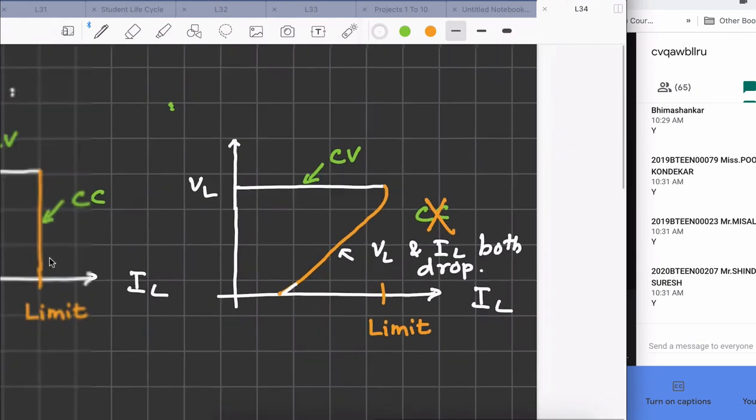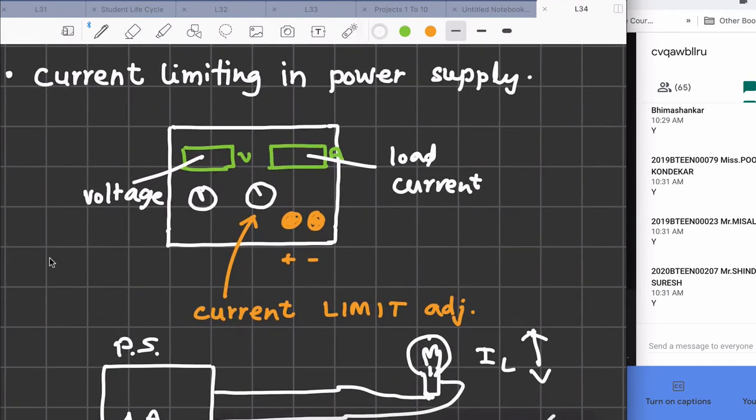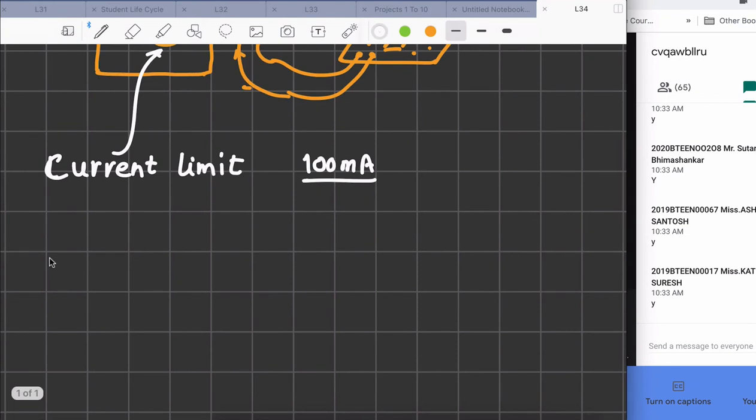But did you understand first of all the difference between the load current and current limit? Yes or no? So current limit is what the user is going to set to protect the load. So when you actually test a new embedded circuit which is just designed and assembled, you should set the voltage usually at 5 volt and the current limit at the lowest level.